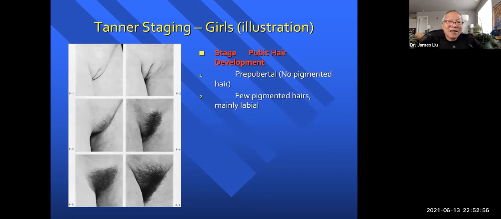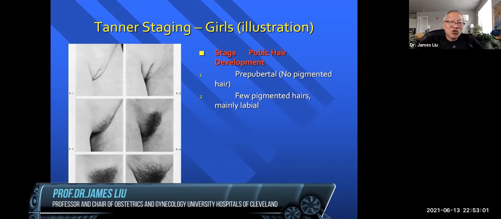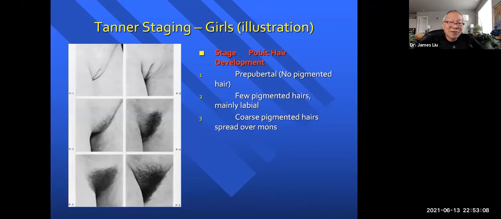And then on the labia majora, you begin to see pigmented hair in stage 2. The hair becomes more pigmented and is spreading to the mons from the labia, so spread to the mons being stage 3. And then adult type is stage 4 with a triangular shape. And then lastly, adult distribution to the inner thigh. And in the US at least, many women shave their pubic area, so you'll have to look for the hair